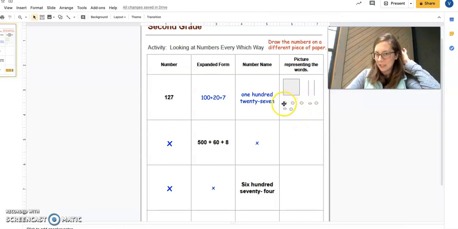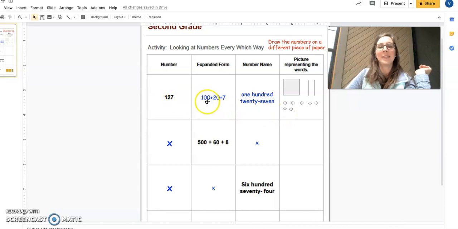Okay, do I have 7? Let's check. 1, 2, 3, 4, 5, 6, 7. I kept my 1 circles nice and neat, having 5 across, and then my new row for my 10 frame. Okay, let me double check. 127, expanded form, that would be 100 plus 20 plus 7, number name,